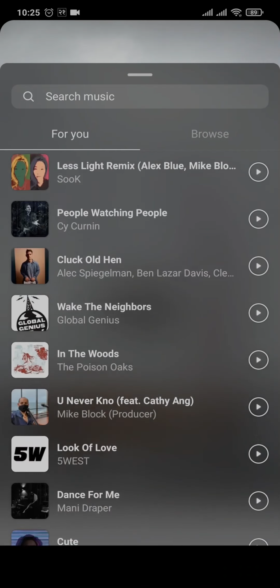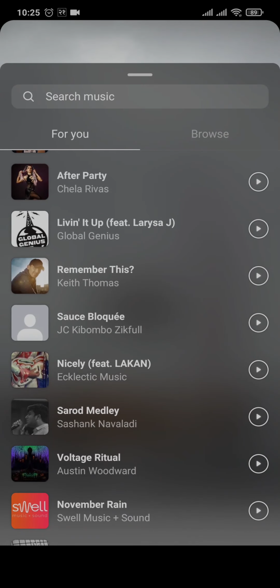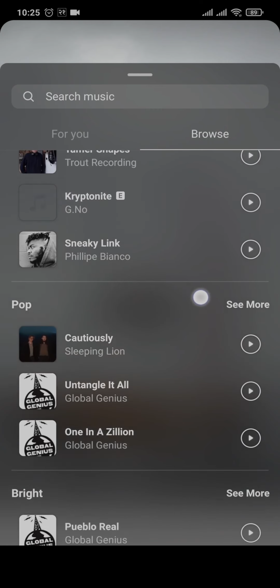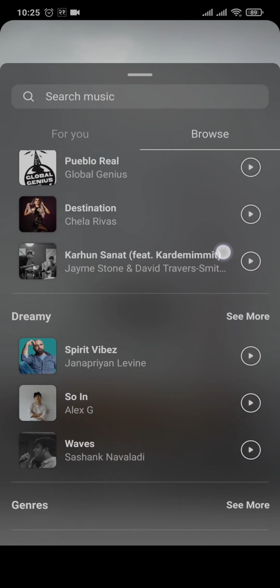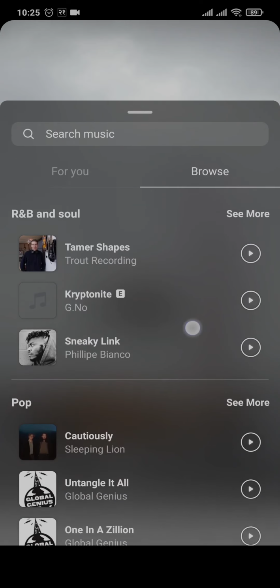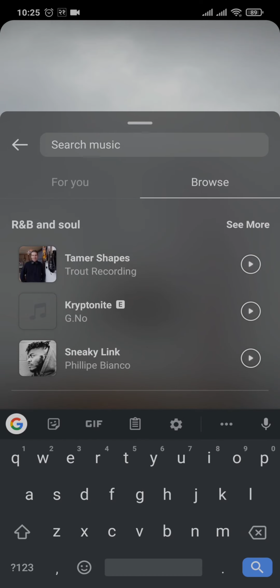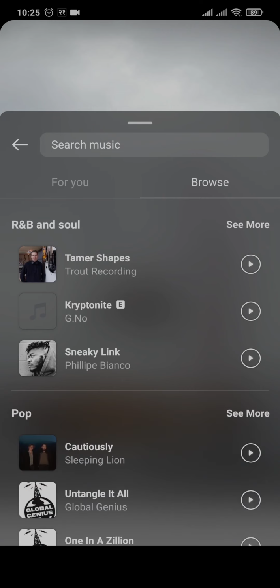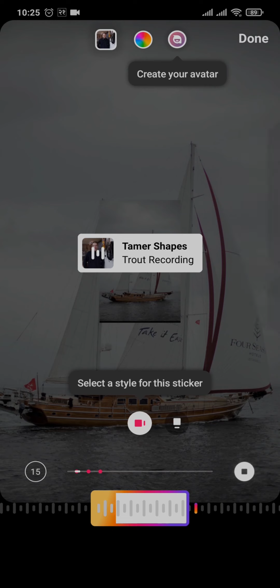This is going to be the For You, or if you want to also browse on your own, you can tap on the browse option and choose from different kinds of genres and music that you can see. If you know the name of a specific song, you can also search for it. And after you find a song, all you need to do is tap on the song and the song will